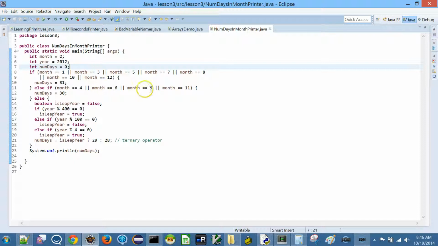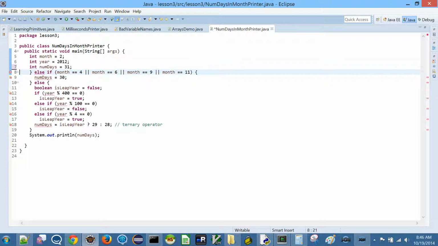Similarly, it's going to evaluate all these conditions because it's false, right? So we can cut down on some conditions here, which is just going to be efficient, which is give it a default. So we know that if month is 1, 3, 5 and so on, it is 31. So why don't we initialize it as 31? Okay, and then I can essentially remove this condition, right? Remove that condition.